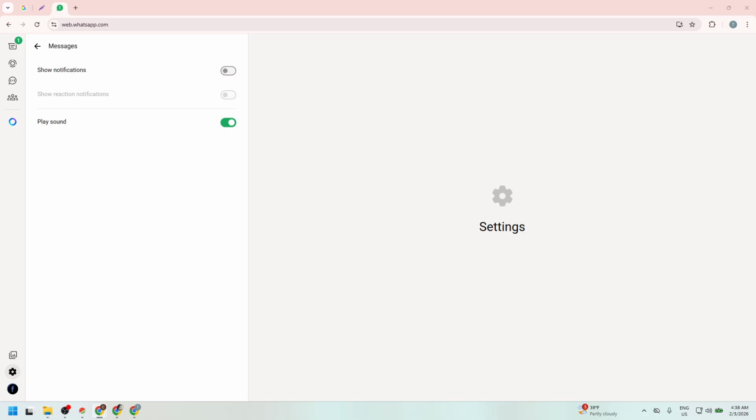That's it. You opened WhatsApp Web, logged in, went to Settings, opened Notifications, and turned off Show Notifications. From now on, your chats will stay available in the browser without desktop interruptions, and you can re-enable the switch anytime if you want